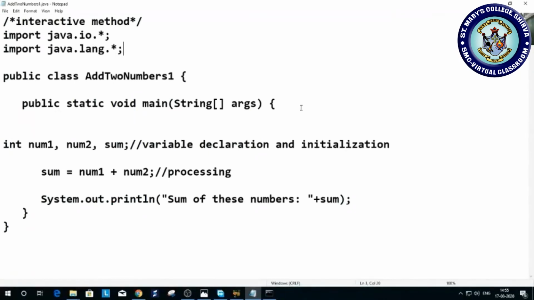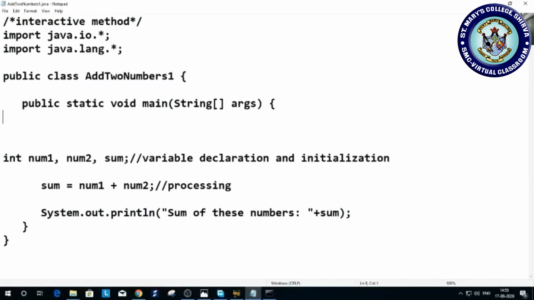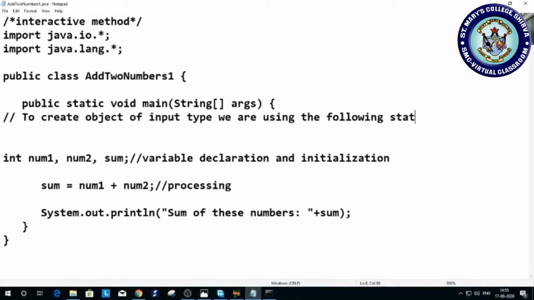So if you are doing the interactive program, first we have to create an object of input type. To create an object of input type, we are using the following statement.